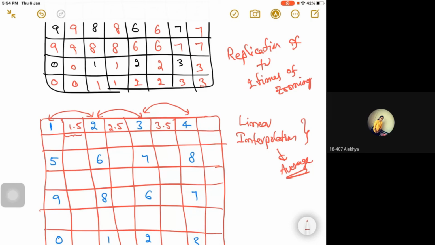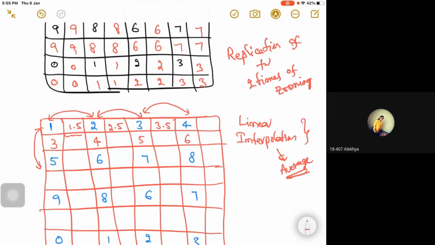Then coming to the next rows. Here, column wise, you are having 1 and 5. What is the average of 1 and 5? 1 plus 5 is 6, average by 2, it is 3. Yes, this column is fixed. Then between 2 and 6, 6 plus 2 is 8, 8 by 2, 4. Then continue the process. 3 plus 7, 10, here you will get 5. Then 4 plus 8, 12, here you will get 6. So like that, fill all.